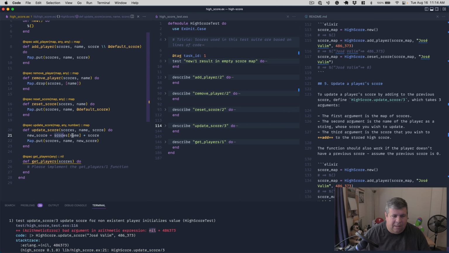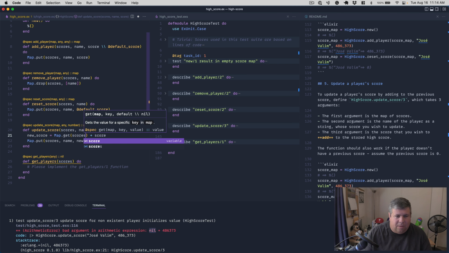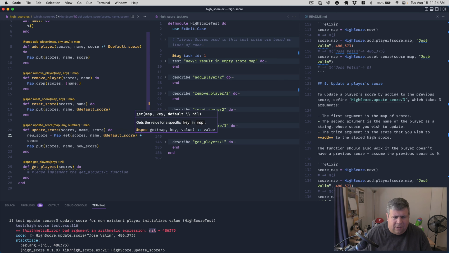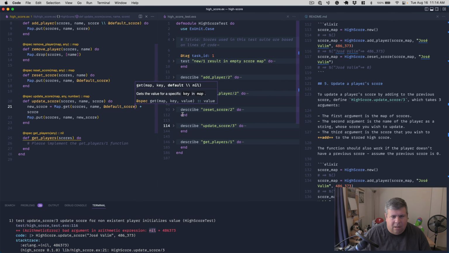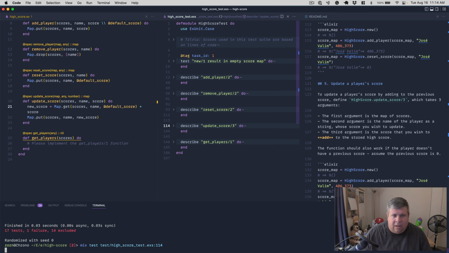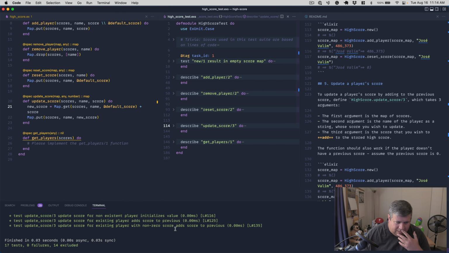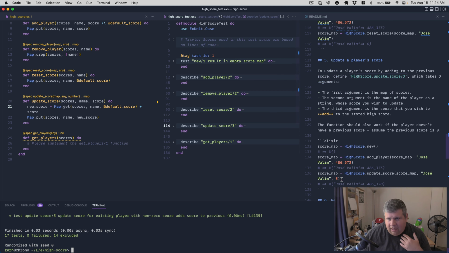So rather than using the accessor, we will say map.get scores name, and the default will be 0. Actually, the default should be default score. So that way if we change it later, that should work. Alright, let's test update score, run at cursor. Cool, that looks good. Alrighty, next up,